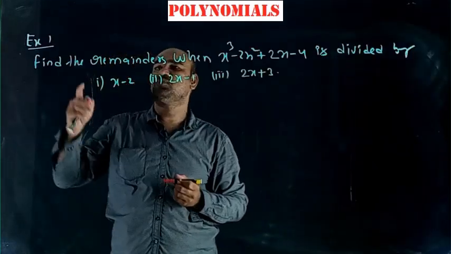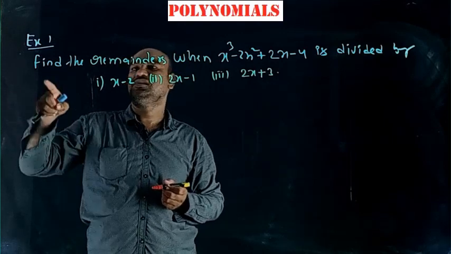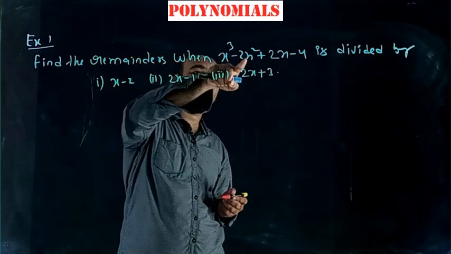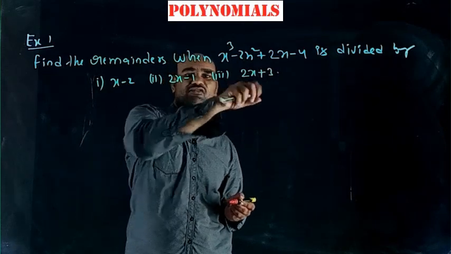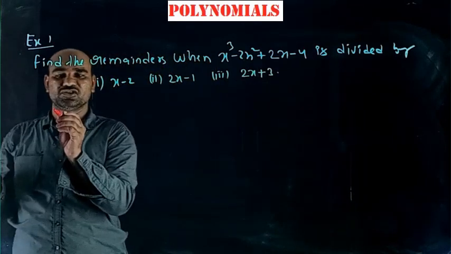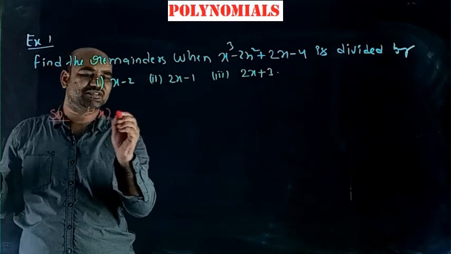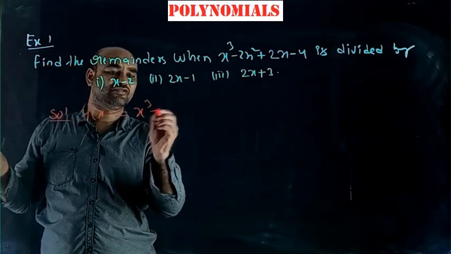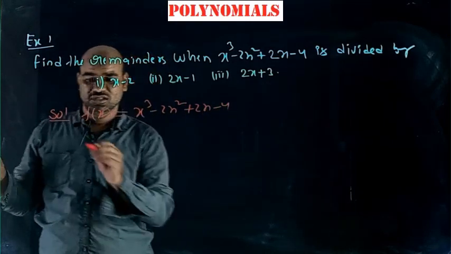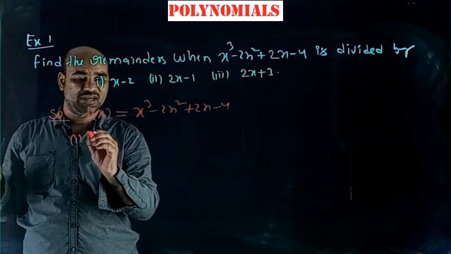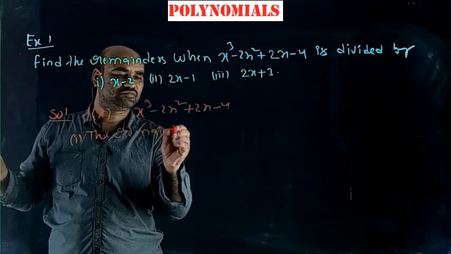Listen student, example 1. This problem is based on remainder theorem, application of remainder theorem. Find the remainder when this polynomial is divided by x minus 2, 2x minus 1 and 2x plus 1. So solution for the problem: first of all you assume that the given polynomial is f of x, that is x cube minus 2x square plus 2x minus 4. So first one, the remainder is